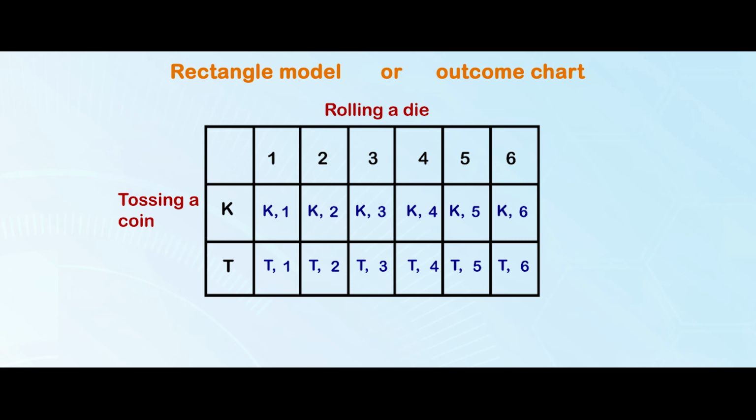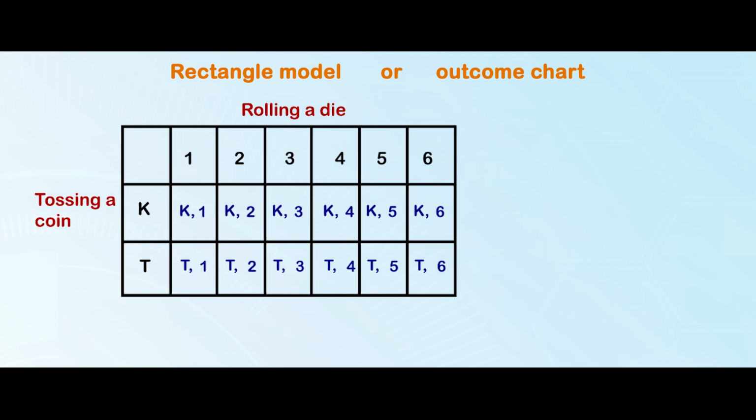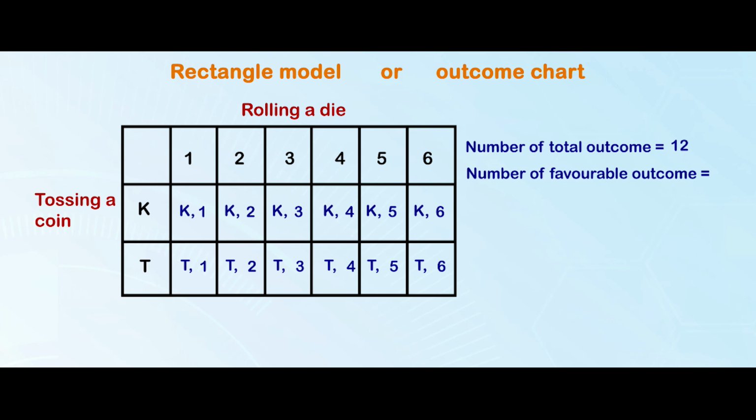Now that we have the result here, you can determine the theoretical probability of getting a kholo from a coin and an odd number from a die by first of all listing down the number of total outcomes. So here the number of total outcomes is 12. And also list down the number of favorable outcomes. So the favorable outcomes here should be a kholo from a coin and an odd number from a die. So there are three favorable outcomes, which are kholo and 1, kholo and 3, and kholo and 5. So we have three favorable outcomes.